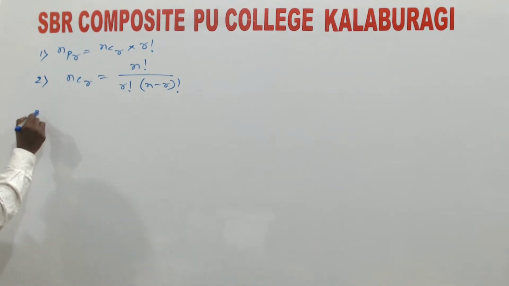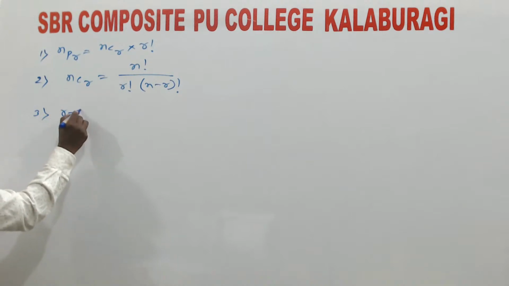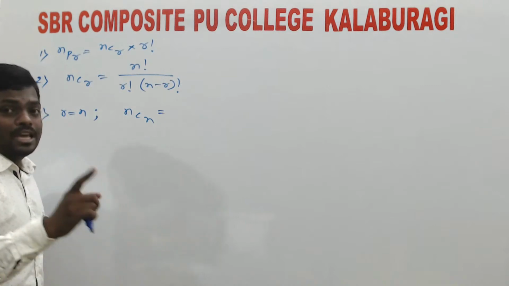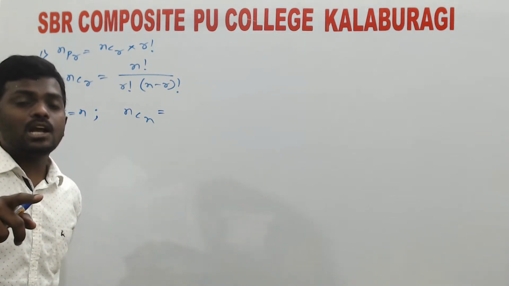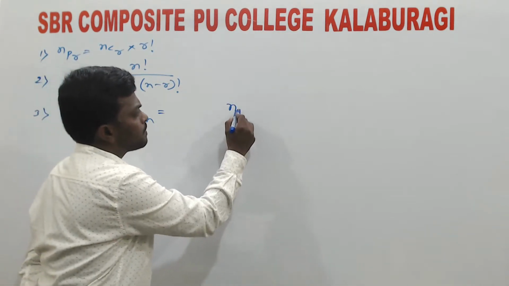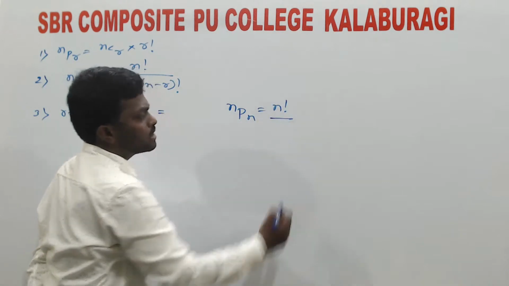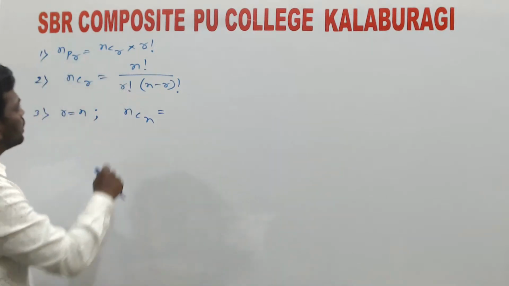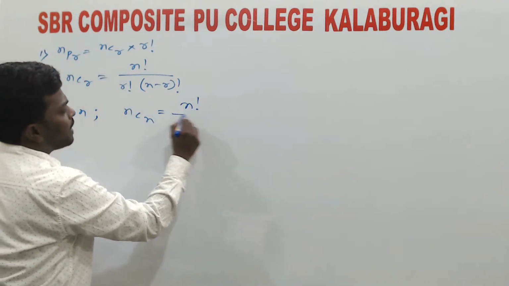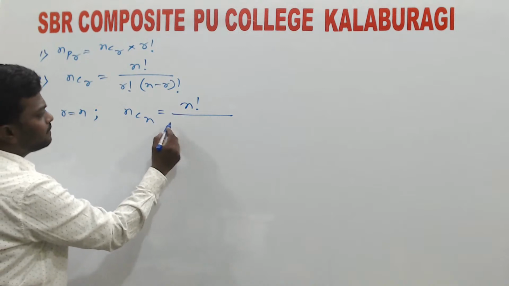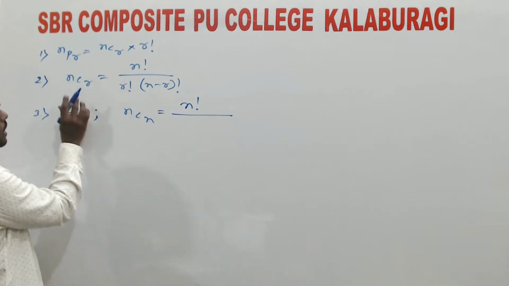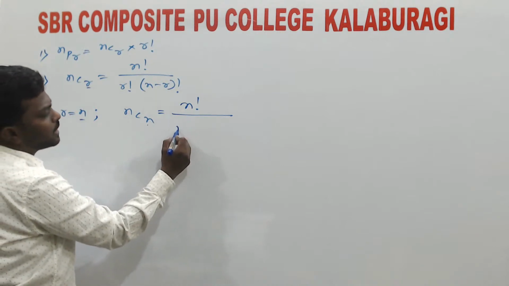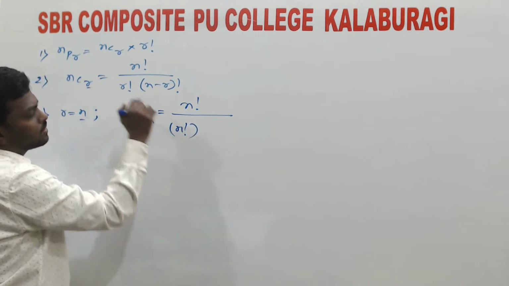What do you mean if r is equal to n? If r is equal to n, we shall see what nCn is. In case of permutation, if r is equal to n, nPn was n factorial. Now we shall see nCn. In place of r we have n, right? So nCn is equal to n factorial by r factorial, that is n factorial,